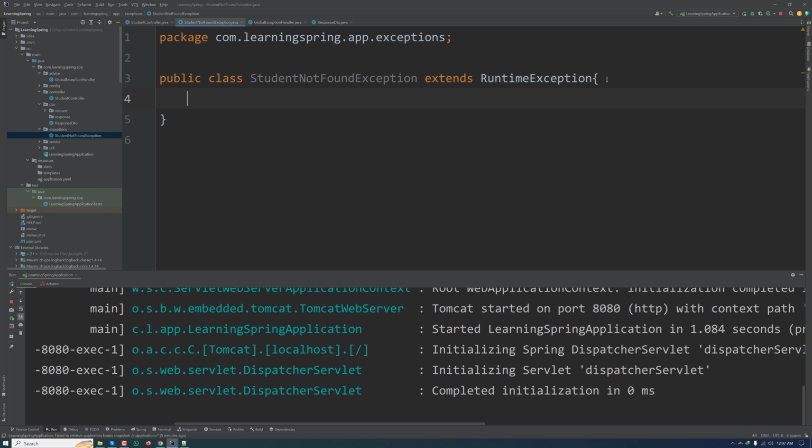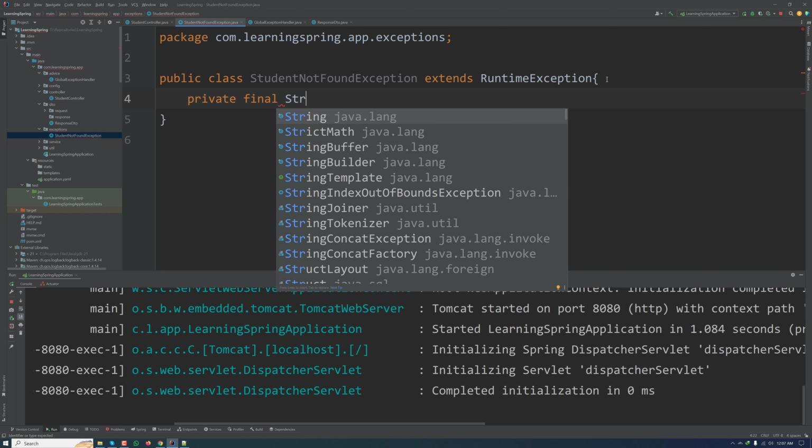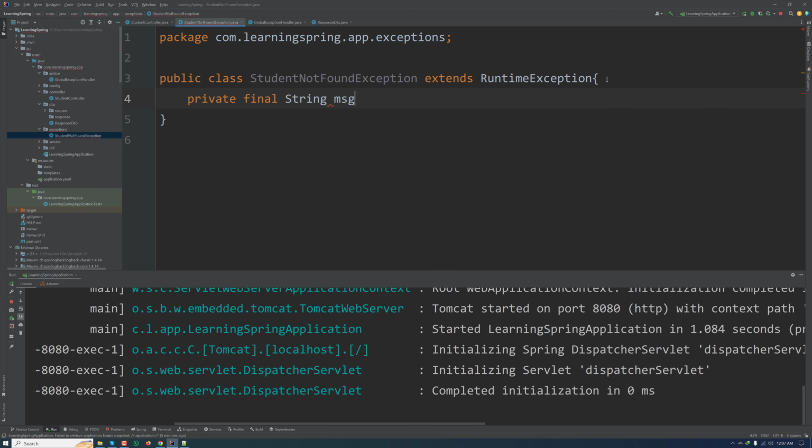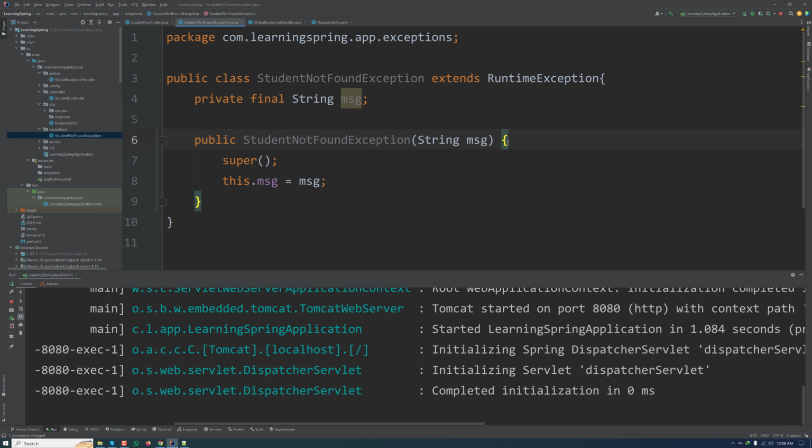This class has a class variable, let's say message, and I have also created a constructor for this class,